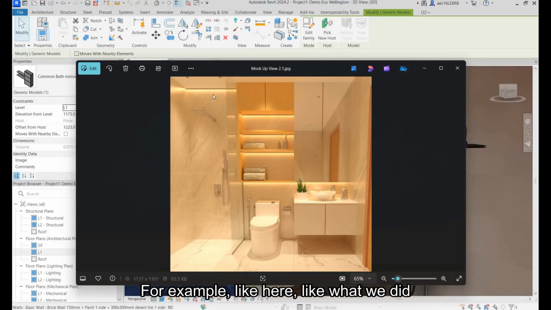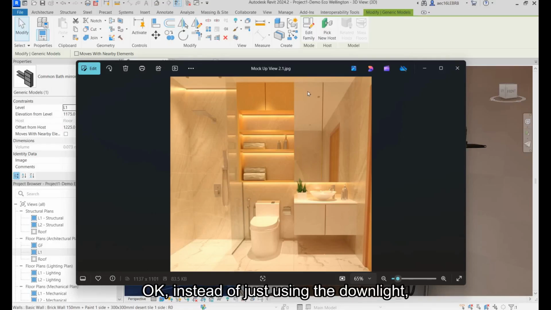For example, like here, like what we did before in our previous video, which was about 1 year ago. We did post some video talking about some rendering of the toilet interior finishes and the sanitary wares, and then we did apply some LED strip light under the shelf, so the toilet has more of an interior design feel.